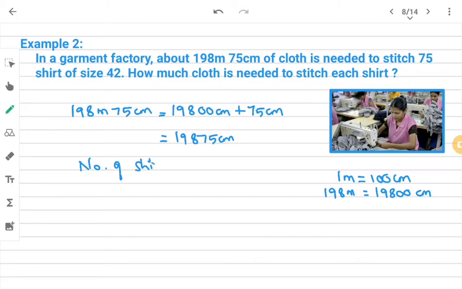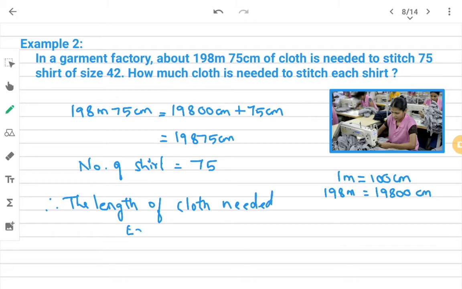Number of shirts is equal to 75. So what we have to do? We have to divide it, right? Yes. Therefore, the length of cloth needed to stitch each shirt, that means one shirt,